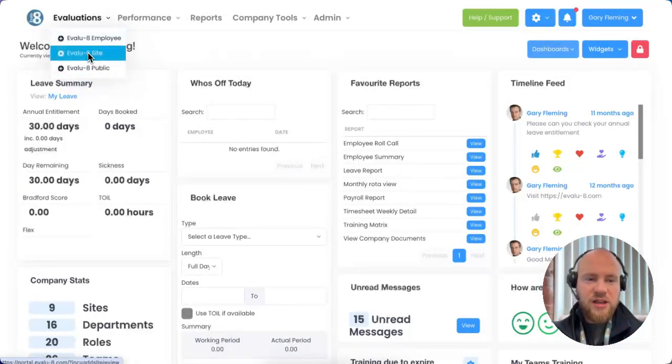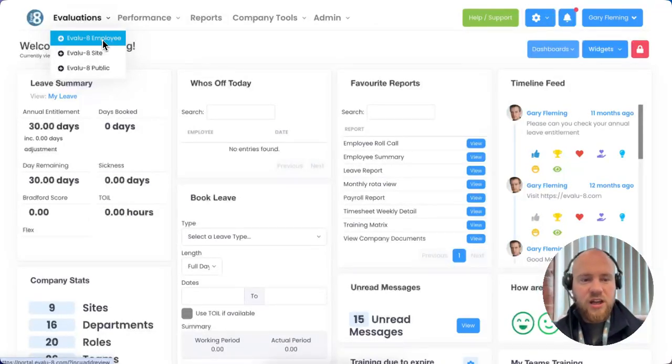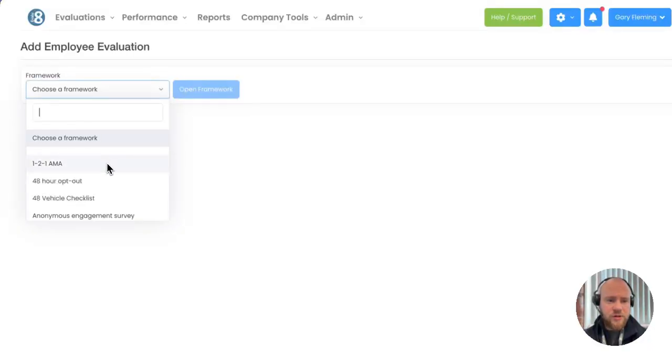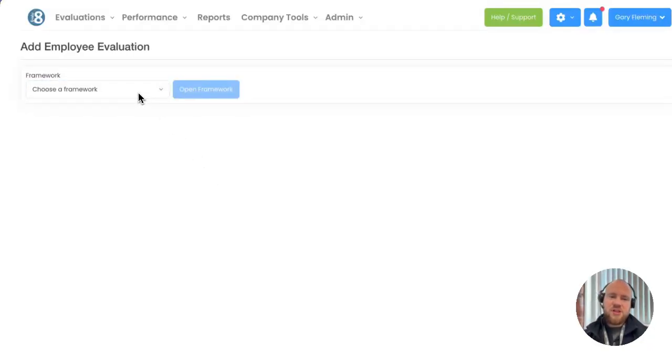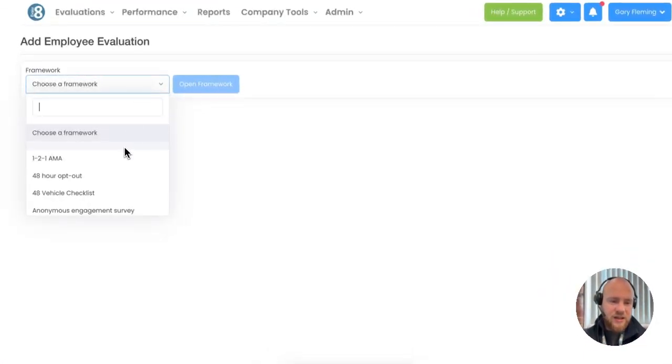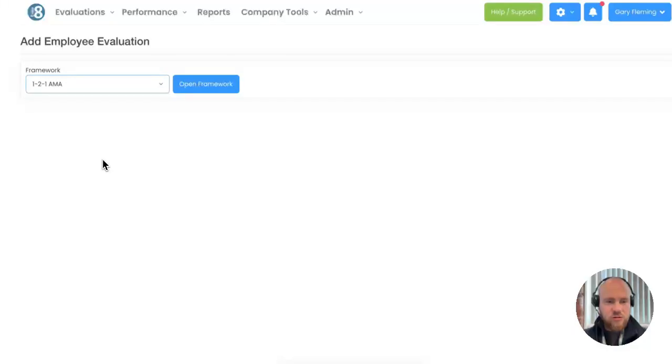And then employee and site evaluations or appraisals are done by employees within the system or sites that you have got logged within the system. If we look at employee evaluations, you can see you get to choose from a list of frameworks. Now, typically these frameworks are built by our customers based on how they do their one-to-ones, 360 feedbacks, employee appraisal forms, whatever it may be. They're built here. So if we look at this one-to-one Ask Me Anything, which a manager and employee might do